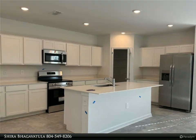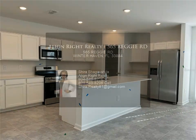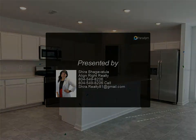This home comes fully equipped with everything included, features like new appliances, solid surface countertops throughout, and oversized tile flooring in the wet areas. This home is what you have been looking for, a brand new home in a beautiful master plan community of new